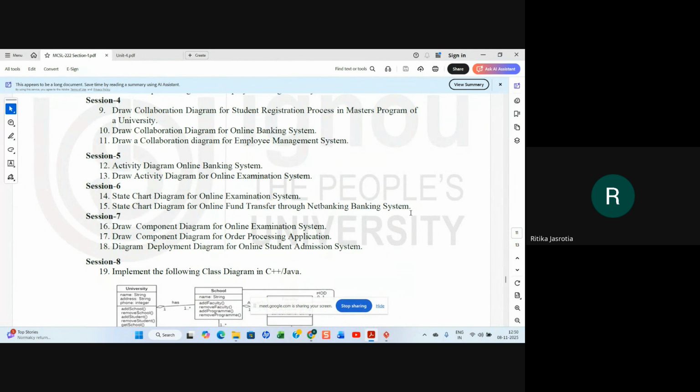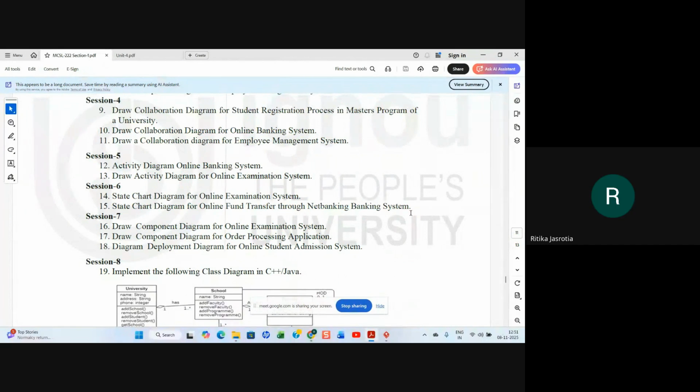If your login is successful, you go to the fund transfer option. It displays the page of your account, the dashboard of that account. On the dashboard, the fund transfer option is there, right? You will select that option.